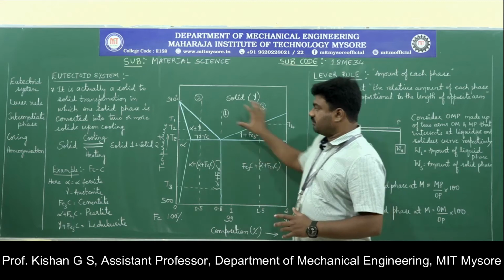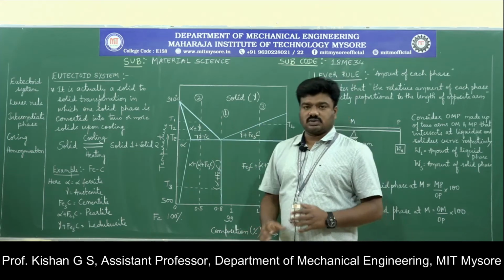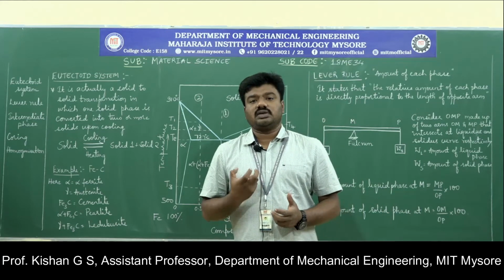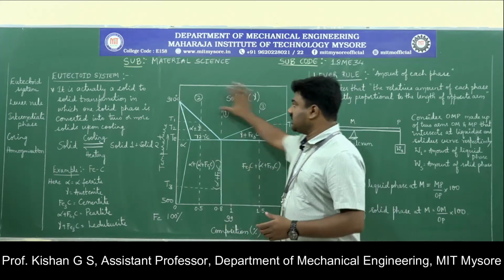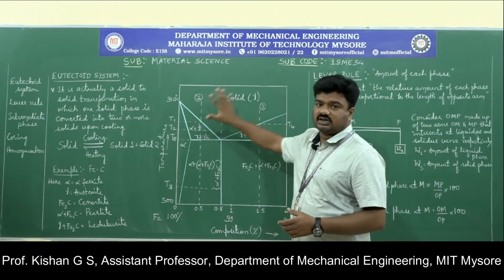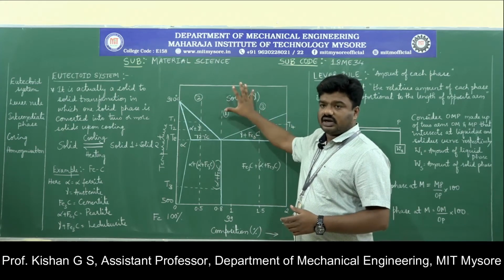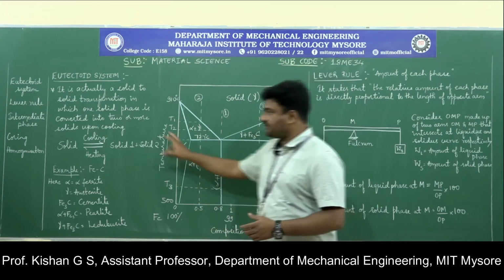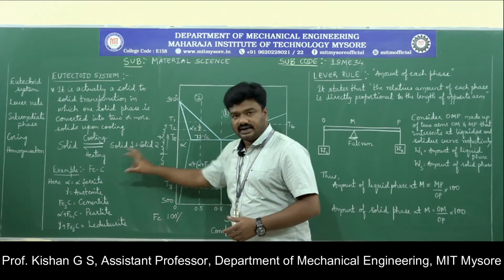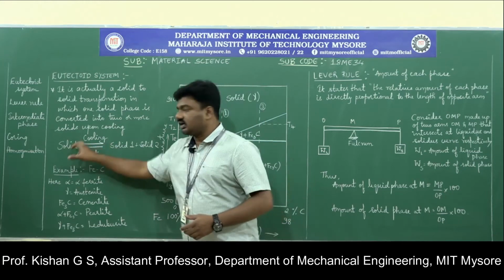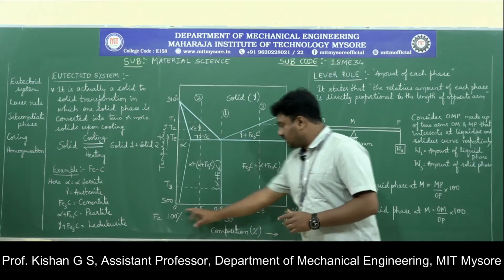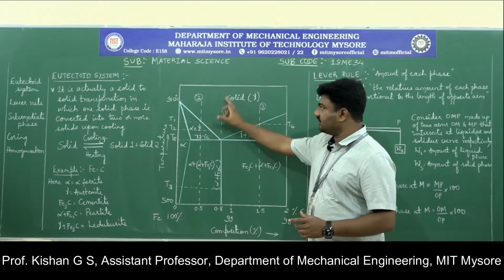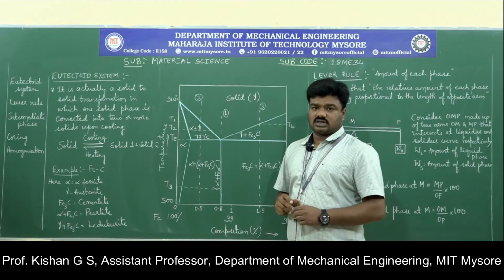So this is the basic understanding of the eutectoid system. For further assessment, see, the entire availability here is one particular solid. This solid is made up of two solids, that is iron and carbon. You can just refer to the same here. When two solids are heated, you are going to get one particular solid, which means that when iron and carbon are heated to a particular temperature, that results in the formation of gamma, that is austenite.